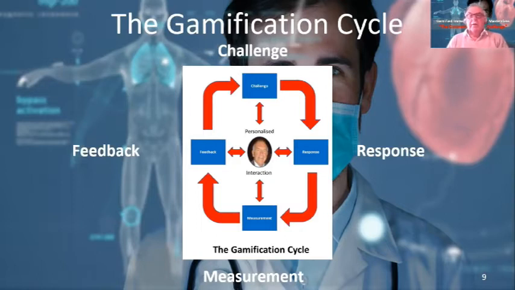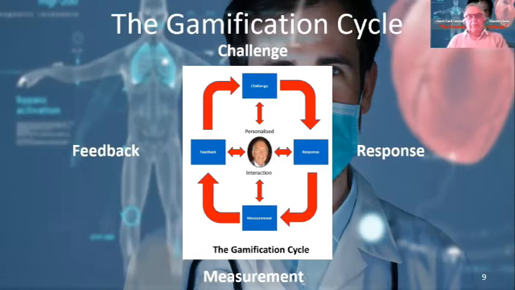These are what I think are the most important components of a game. And a game always has to start with a challenge. Now, a challenge can be something that you become aware of, that you need to take an action for. It can be a desire in your life to achieve something, a goal.